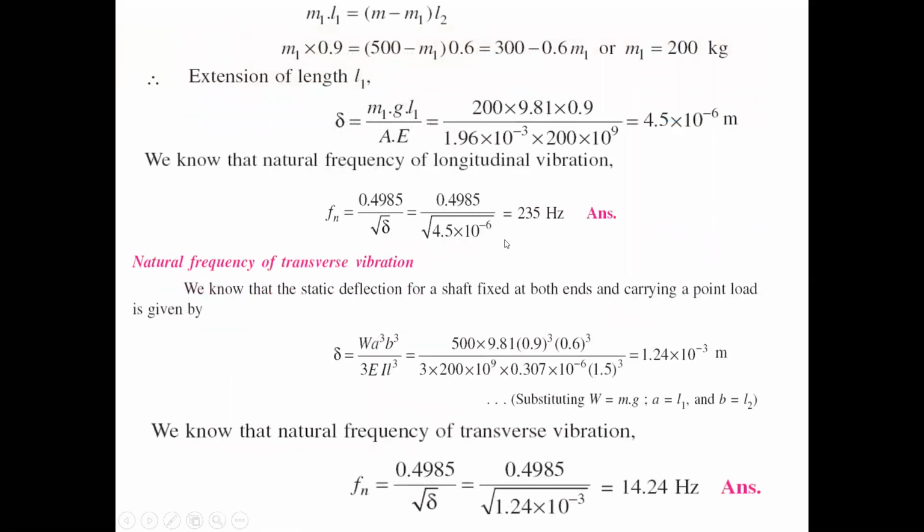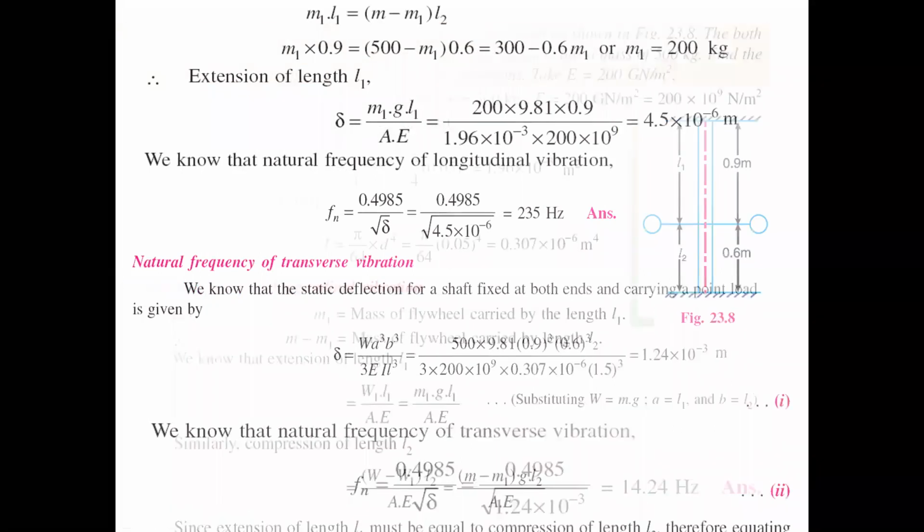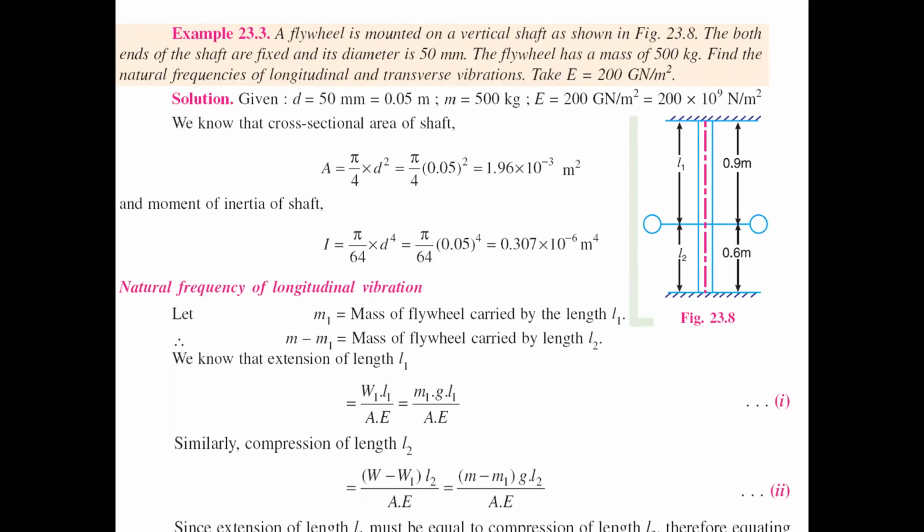Now all of you observe that. Now equating equation number 1 and 2. Why? Because both things happen in our particular system, since it is a fixed wheel. But when we take only the first portion and second portion, we may consider that some of the length has the extension portion and some of the length has the compression portion. But both are not happening.